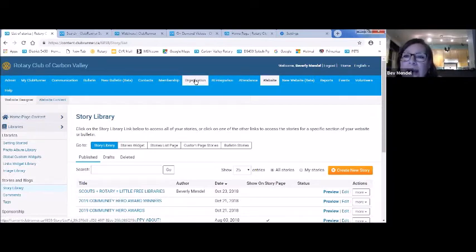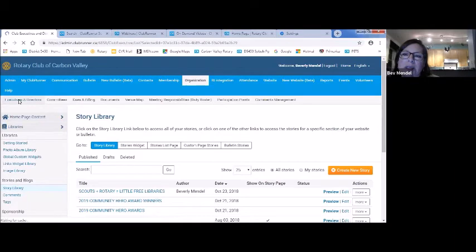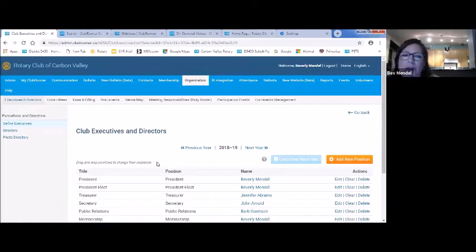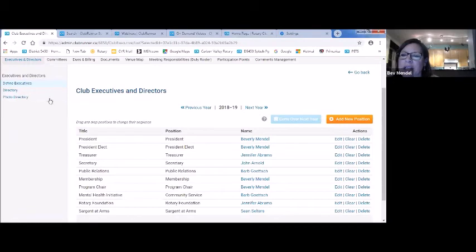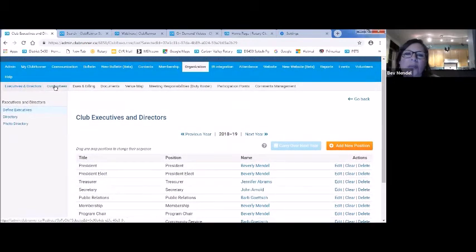The other thing y'all asked about were files and stuff. Under organization, this is where you list your officers. You can add new positions and stuff, or you can edit and change people. Your committees,